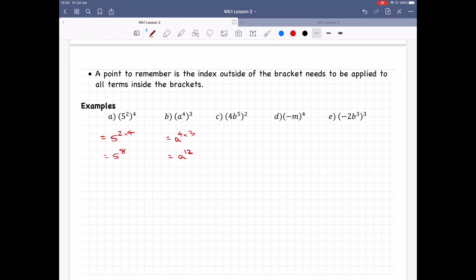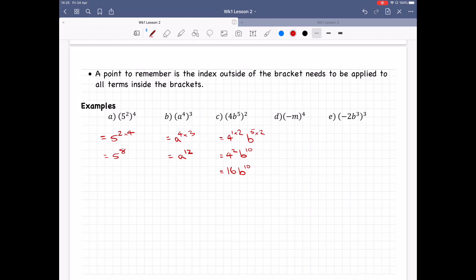So when we are using the power of a power rule and we've got more than one term inside the brackets, or a term that has a coefficient, we need to apply it to both terms. So we've got that 4 to the power of 1, and we're going to times that by 2. And then we have b to the power of 5, and we're going to times that by 2 as well. So we end up with 4 squared b to the power of 10. And we know that 4 squared is 16,